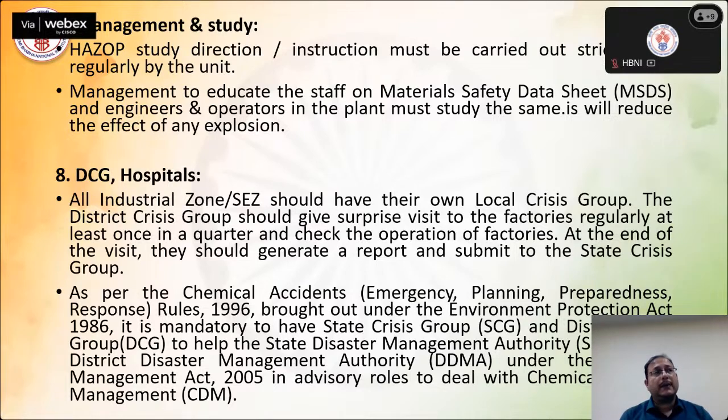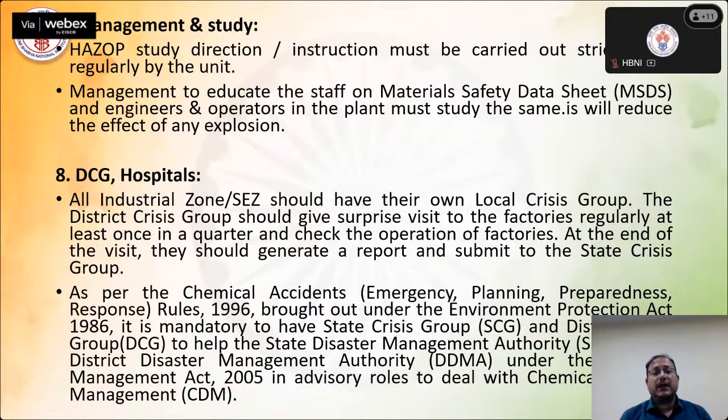What generally happens is that due to the shortage of manpower, officers are not able to regularly visit the places where such accidents took place or where such chemicals are being stored, transported or imported. But yes, it is much required. They should regularly monitor. If they are not able to go quarterly, then half yearly or at least once a year, they should go and check wherever they are using it.